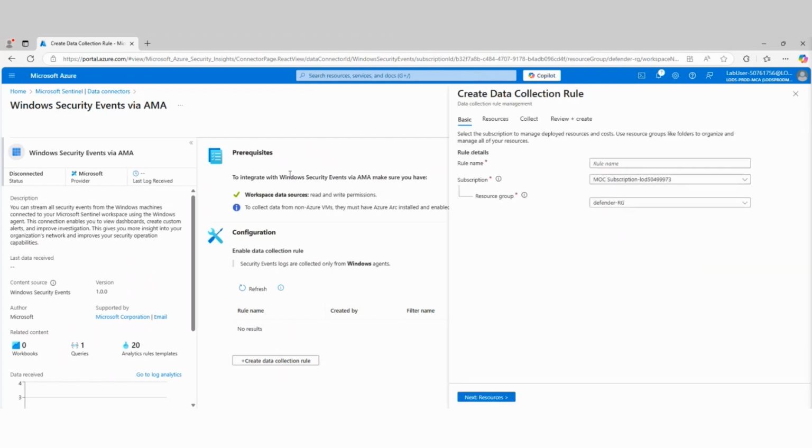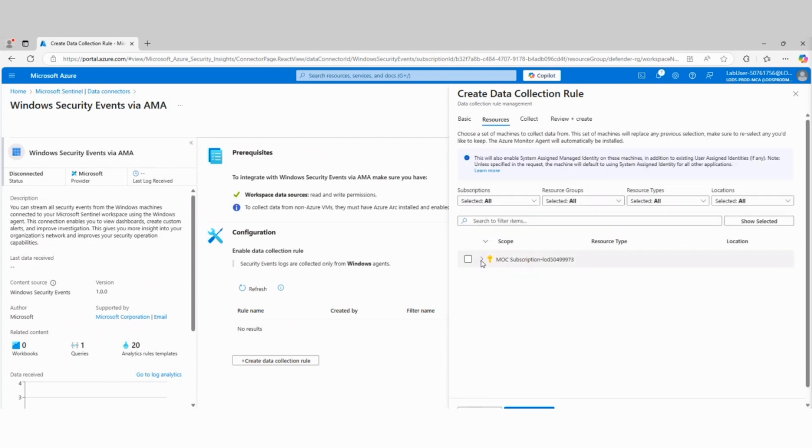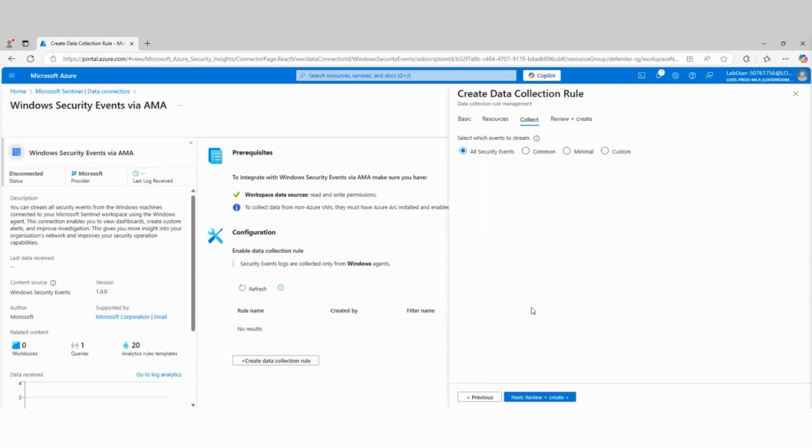Why? Because now that we've installed the Azure Arc Agent on that other server, that on-prem server, we can now go in and capture data. So we'll just call this AZWin DCR. We're going to keep the subscription and the resource group. But what I should be able to do now is drill down and see my Win server. This is my Arc-enabled server. So we're going to go ahead and select that.